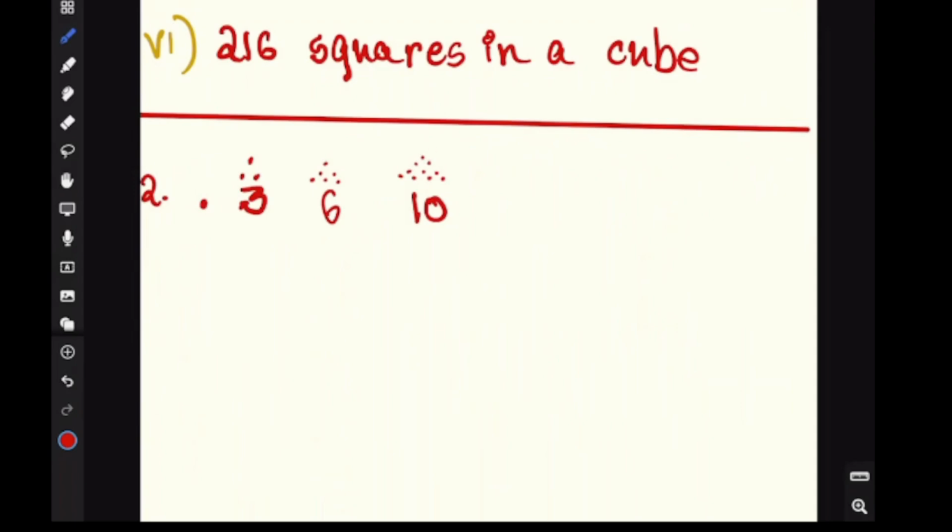Just let's count these. 1, 2, 3, 4, 5, 6, 7, 8, 9, 10. These are 10 dots. So 1, 3, 6, 10, 15 and continued are called triangular numbers, because if we take them in the form of points,